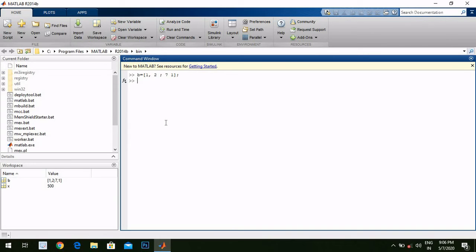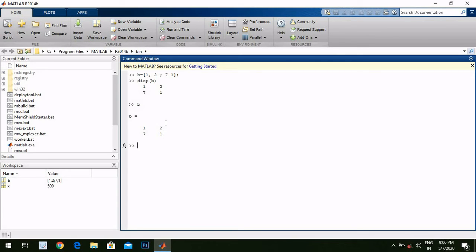Now what if I need to display the result? I am only going to write disp, then b, so it is going to display the result of b. Simple as that. I can also write b and enter, so it is going to represent the answer of b, and I can also write disp b, so it is going to represent like this.